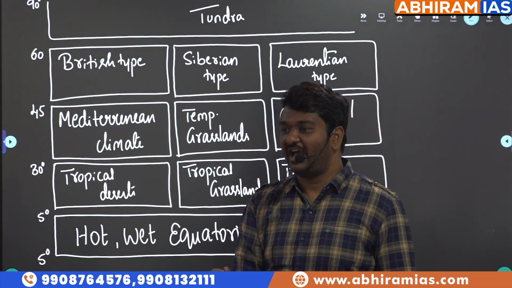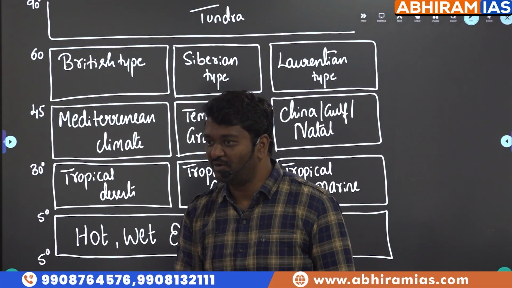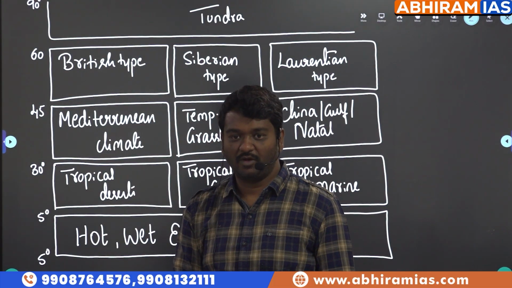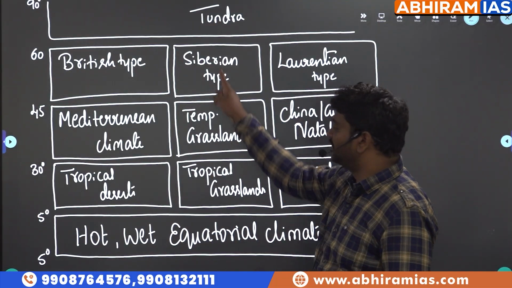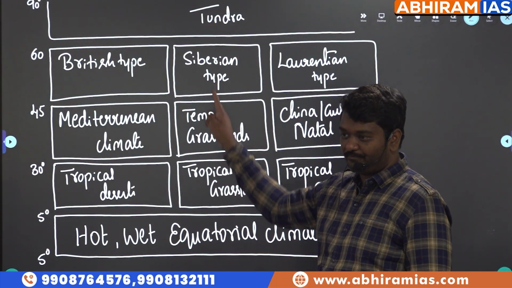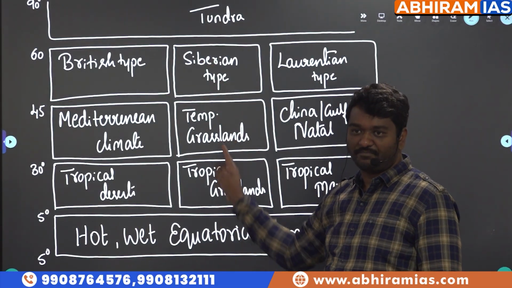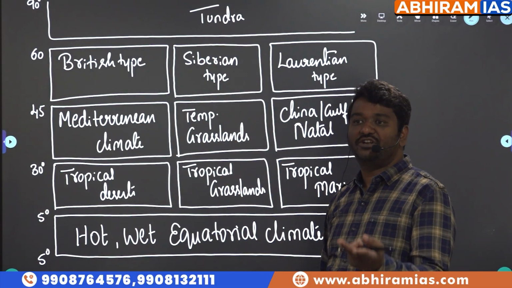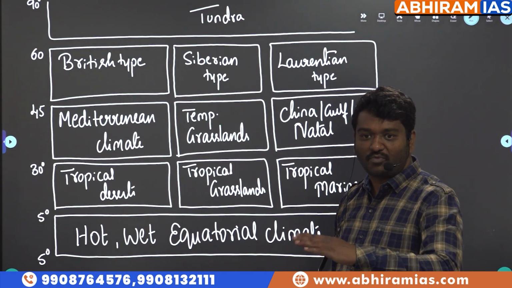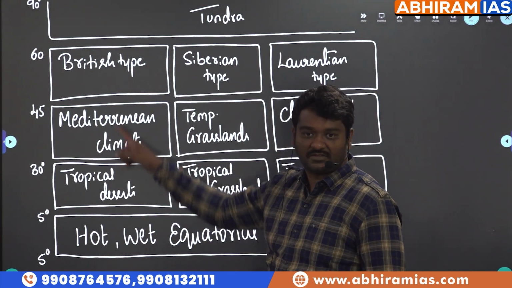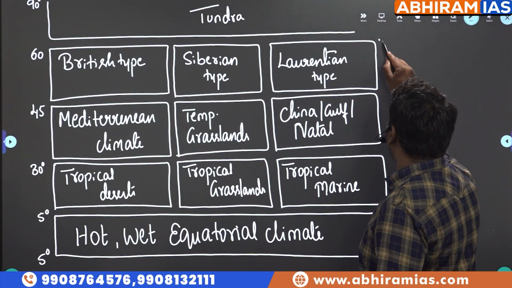What is the meaning of that? Annual range will be more, diurnal range will be more. If annual range and diurnal range is more, these words will come. You have to choose one among them. If annual range and diurnal range is almost the same, that is, not more, then you have to choose these. So coastal,